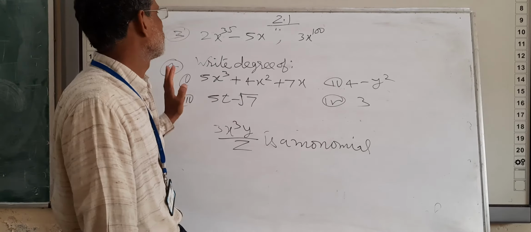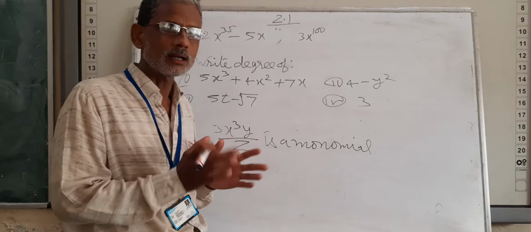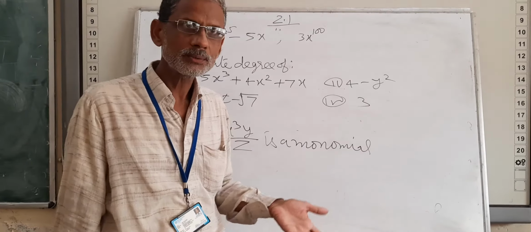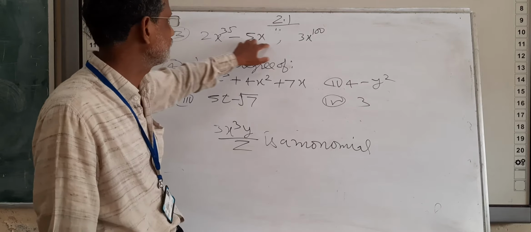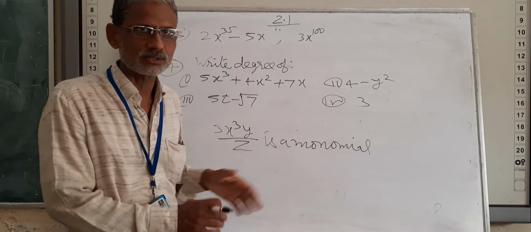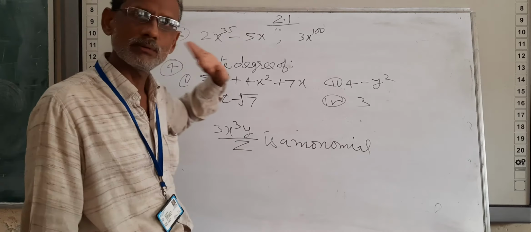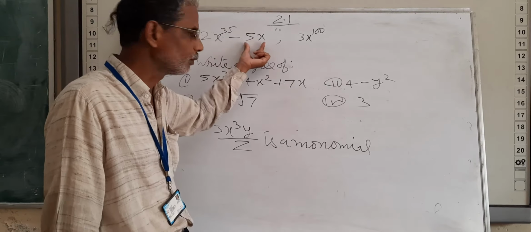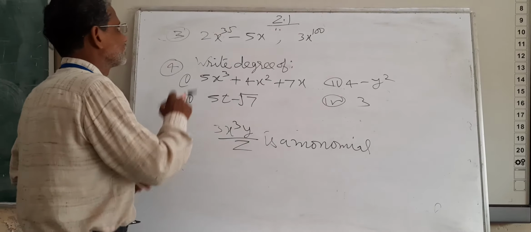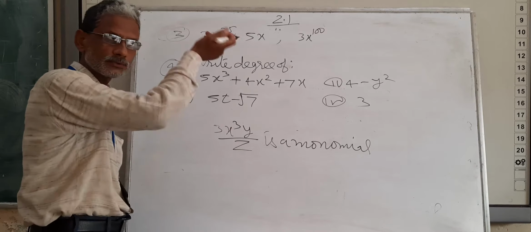Clear? In my definition of polynomial, I stated that a_n cannot be 0, but all the others may or may not be 0. So to write down a binomial of 35 degree, x power 35 is a must. Other powers, no need to write. You can write any power of x, but only one more term, not other terms, only one more term. I have written minus here, you can put plus. This is also your answer.